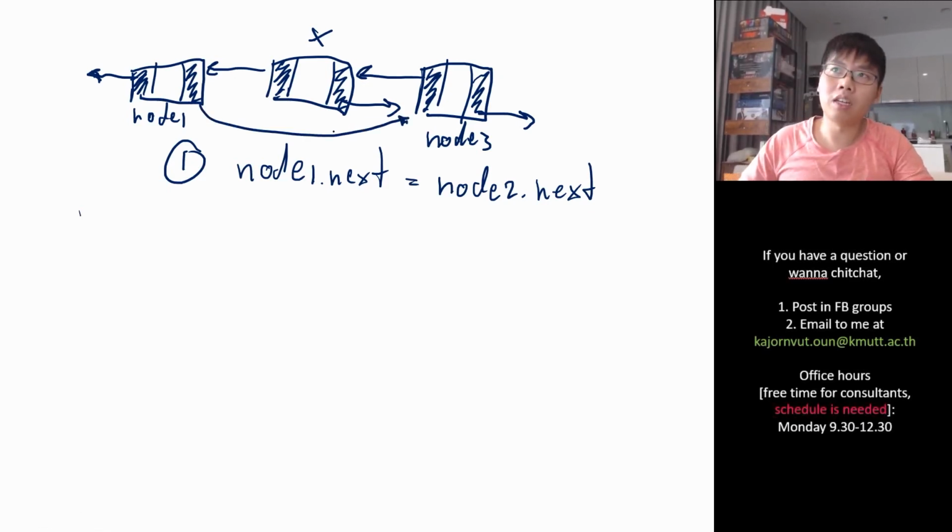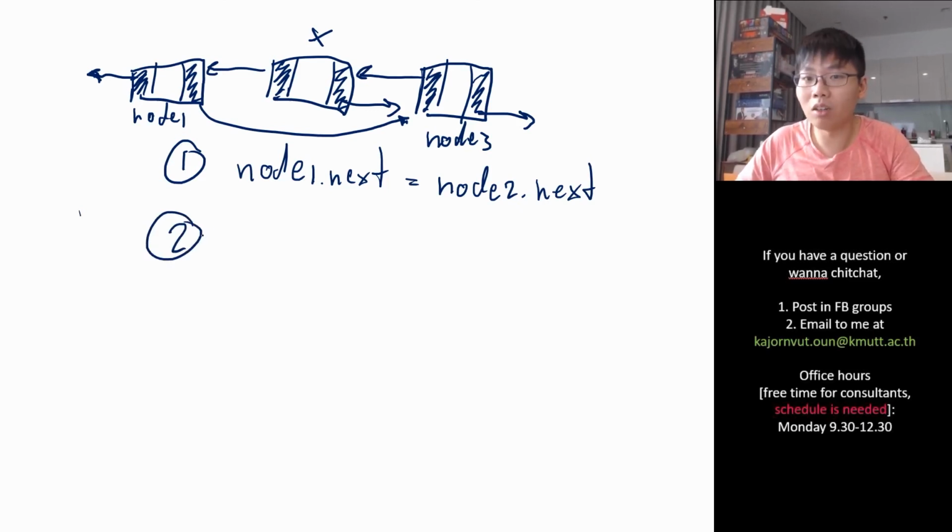Then what else can you do? You can start by deleting this one, but then it's a little bit hectic, because you need to know that this one is equal to this one.next. The simplest way, making less confusion, but not very effective,